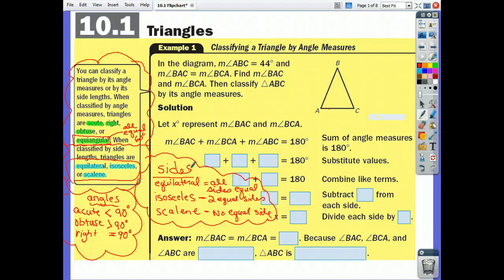10.1 Triangles, Chapter 10 in our pre-algebra book. This is the last chapter of the year for us this year. All right, so your last set of notes. Starting out,